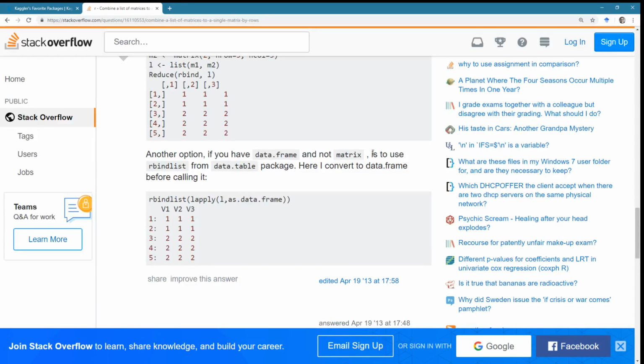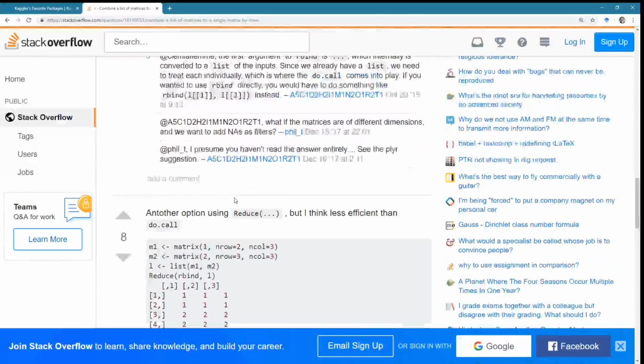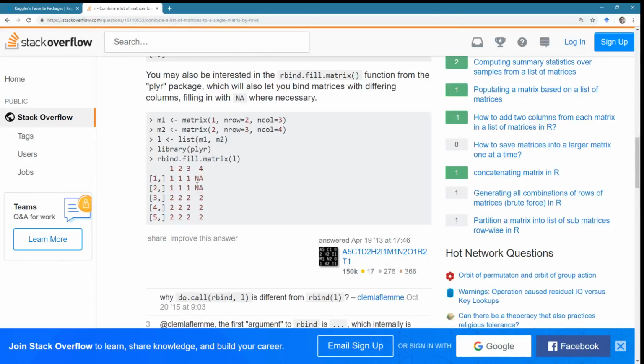Another option, if your data.frame is not a matrix, is to use rbindlist from data.table. Here I convert to a data frame. So this might be a little bit faster because data.table functions tend to be a little bit faster. But they also modify things in place, so I'm not sure that I feel great about that.